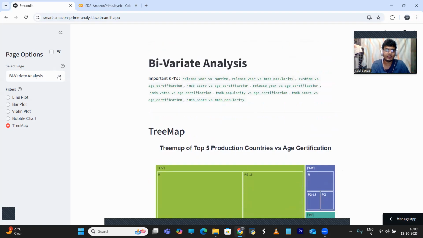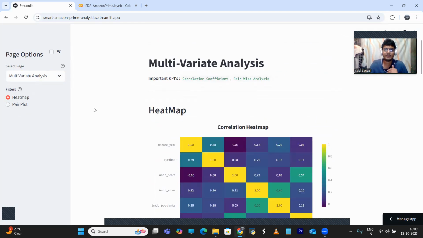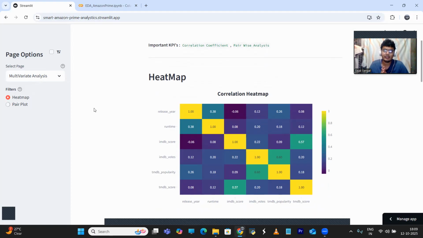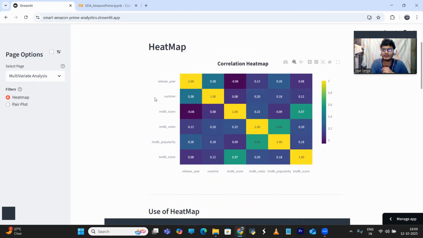Finally, we move on to our last set of visualization analysis, that is multimedia. So let us see the heat map. A heat map is a type of visualization in which we find the correlation matrix of all the numeric columns with each other. What this does basically is give us a correlation number between each of the columns, and